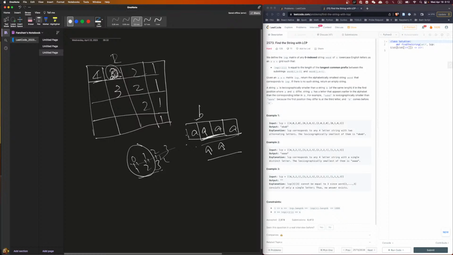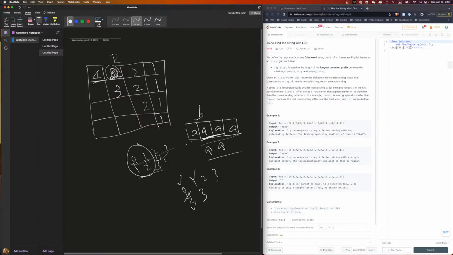Right? The next one will be 0, 1, 2, 3 to match with 2, 3, right? So that's what we match. Then, since we already filled this one, this one will fill no matter what value this is. So by doing this, we can fill these two values. If they're the same, then we can fill this. If they're not the same,